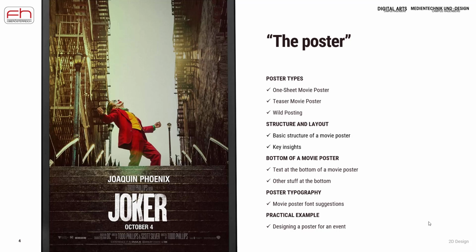Okay, so this week the focus is to talk a little bit about our first practical project, which is called the poster. And I have some small topics to talk about before we move on to the practical example. Okay, so first of all, we are going to talk about some types of posters, a little bit about structure and layout, and some key insights about the act of creating posters, which, by the way, is something